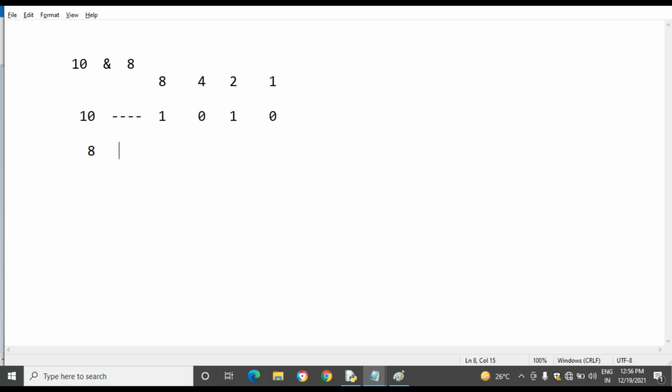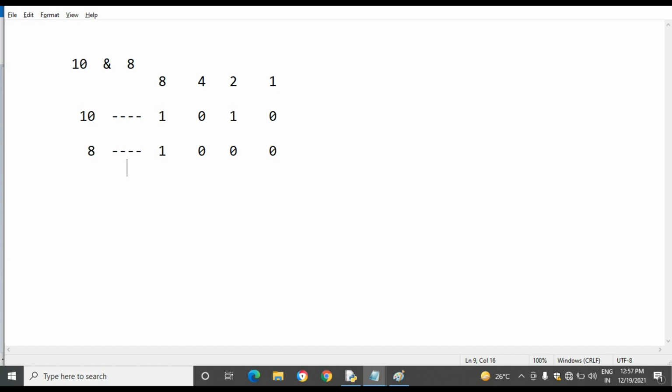The binary form of 8 is 1 0 0 0. Now the interpreter will perform the bitwise AND operation between this 10 and 8.